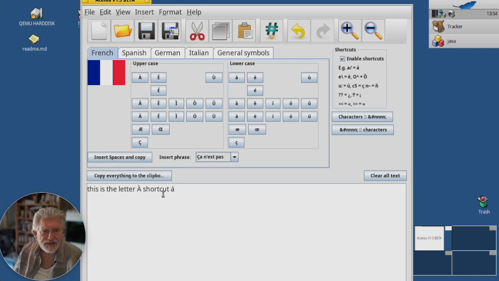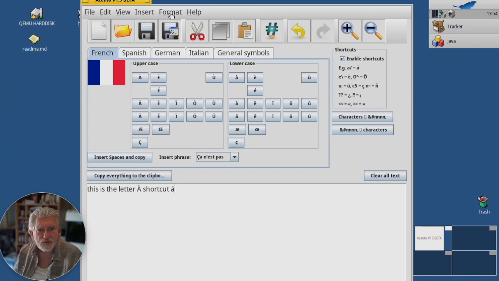So I typed a slash and it gave me the A with this accent, just like it says here. So that is Accento. And for the rest, usual: load, save as,